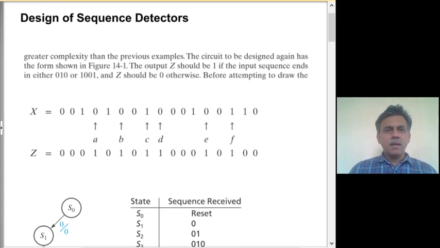Welcome. This is the course on digital system design, and in this lecture we will look at the design of sequence detectors. We saw that sequential circuits are the ones where the output depends not only on the present input but on the sequence of inputs received, which means that you have one or more input signals fed to the circuit, and it remembers the history of the input sequence that it has obtained, and